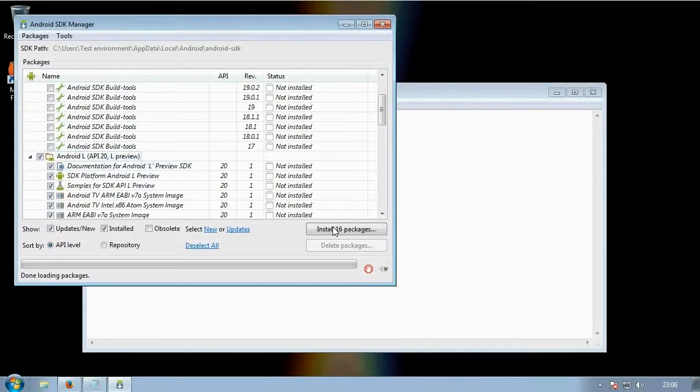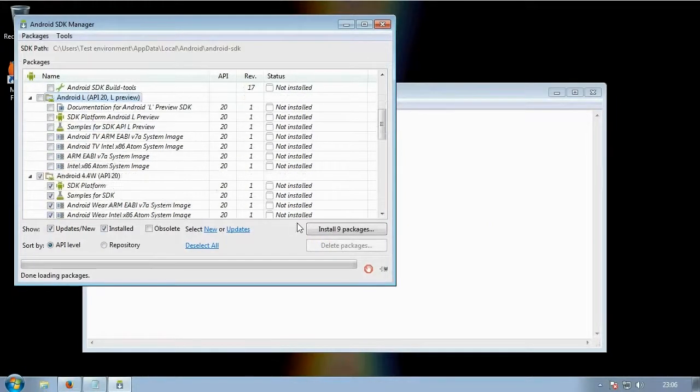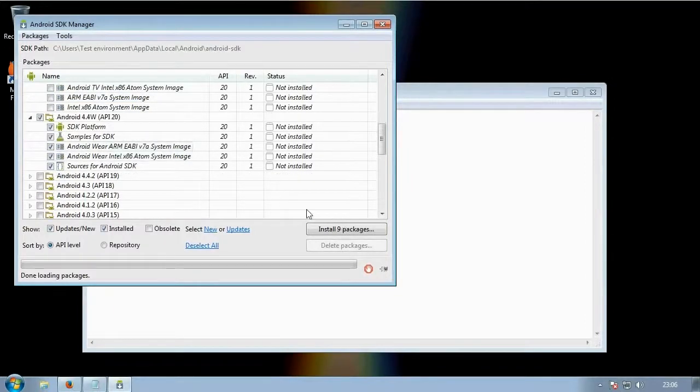Now you can see there it says Android L. That is Android 5.0. I personally won't be developing for that, so I'm going to untick it for the moment. You can leave it ticked if you like, but it'll increase your download time. Make sure 4.4 is ticked, and after you've ticked 4.4, click